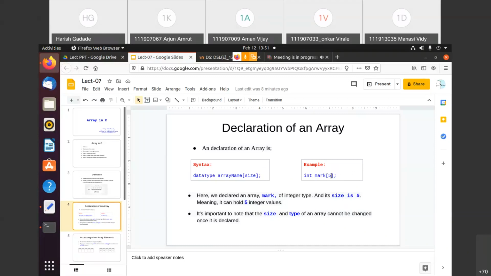Now the interesting thing is, suppose out of 5 you want to use only 3 blocks, then you can also do that. The only restriction is that beyond those 5 we cannot use any. Whenever you declare an array, keep in mind the maximum size of your input.